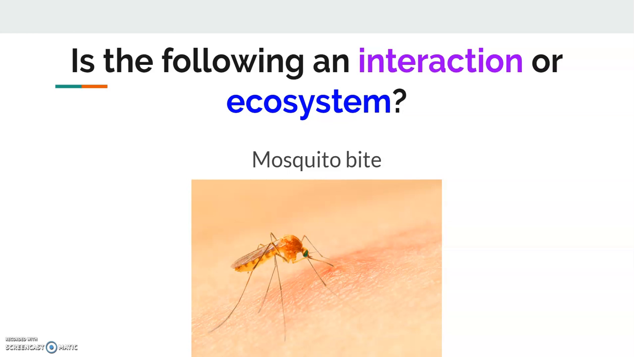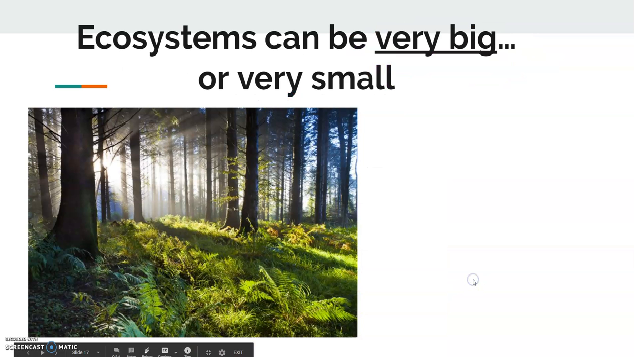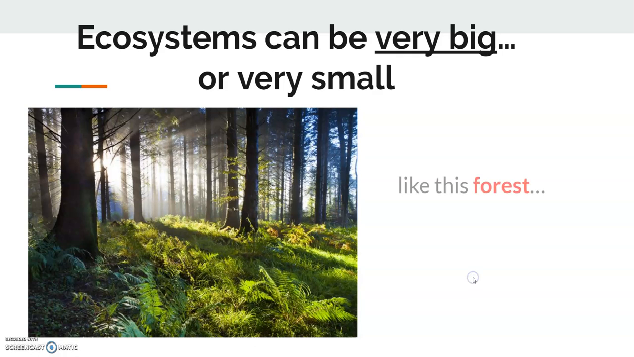Mosquito bites. Is this an interaction or an ecosystem? You're right, it's an interaction. The mosquito is interacting with a human being's flesh. I hate mosquitoes. So, the fun thing about ecosystems is that they can be very, very big, like this forest,